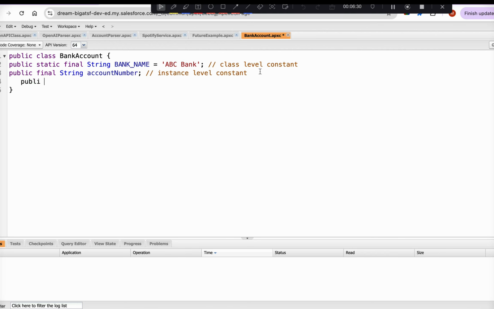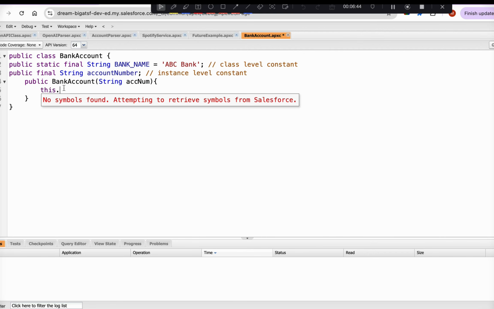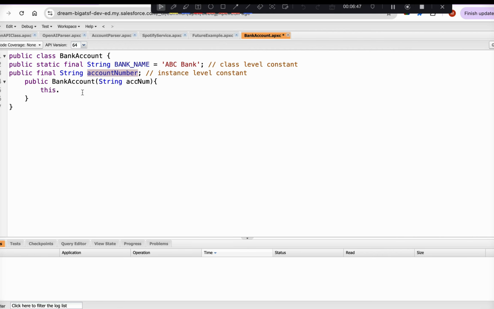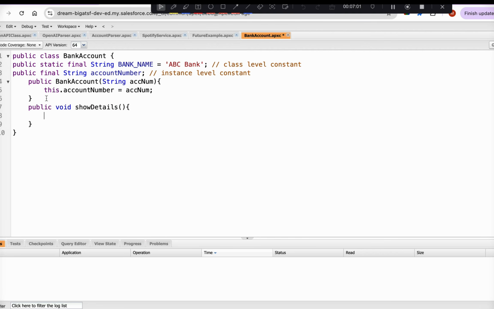Okay, let us dig deeper on this. Let us define a constructor for it. This constructor will get the account number, and we can say this.accountNumber equals accountNumber, and let us say public void showDetails, where we'll be displaying the details, System.debug